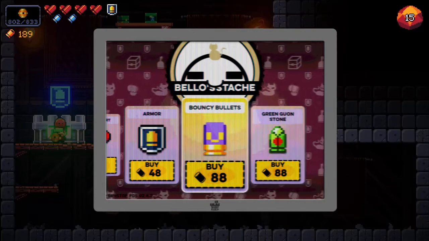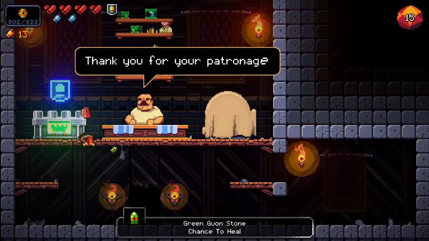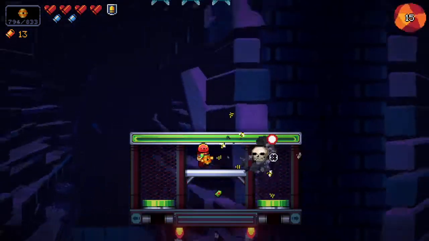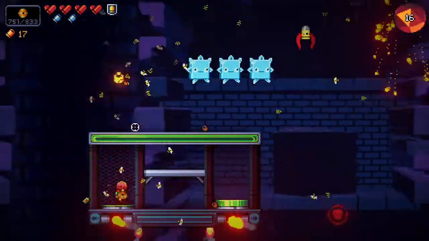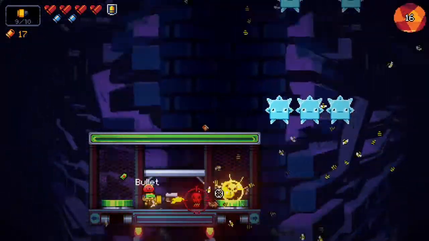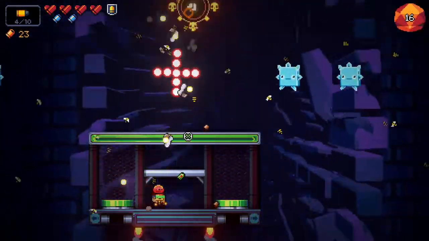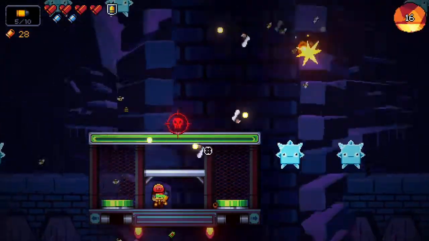I will absolutely buy Bouncy Bullets and Green Guon Stone, since I can afford both, and we'll get on our way. So Green Guon Stone, you can see, every time you take damage, it can actually heal you a full heart, which is really good, but it's random, and it also spins around you and deflects bullets like that. And then what else did I get? What did I buy? Short-term memory, man. I also got the, I should know, I just did it. What did I buy? I'm not looking at my inventory, I'm going to remember. I bought the,